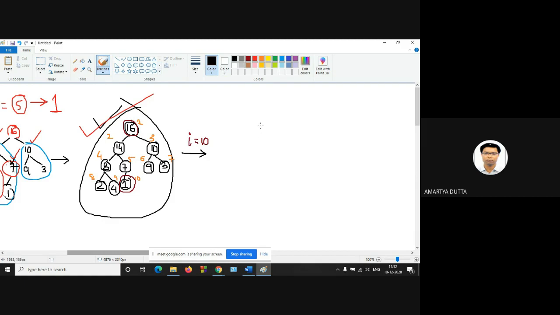So after exchanging, this will be 1. Next this is your 14, this is 10. From 14 this will be 8, 7, and this is your 2. This is 4. From 10 we get 9 and 3. And from 7 we exchange 1 with 16. So from 7 we get 16.